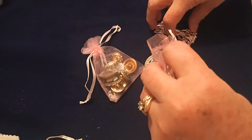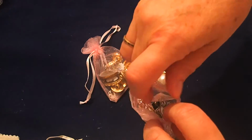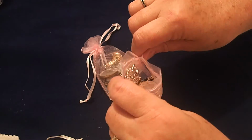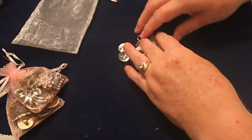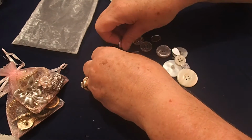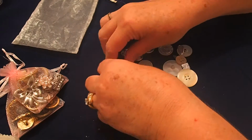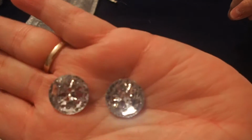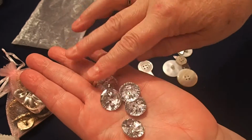And because I didn't have the quality, like the size of the bling that Tammy put in, I'm going to add some little sparklies to this. Okay, so here's my buttons. These are all buttons, but they are diamante type buttons, and they're big. See those? So those would make some nice centerpieces or flower centers. I put 5 of those in,